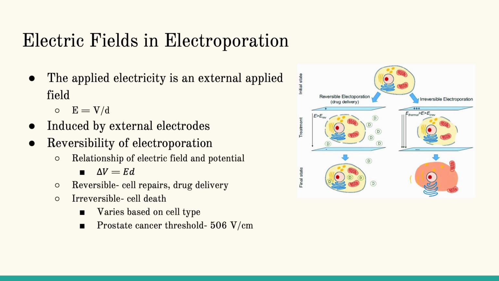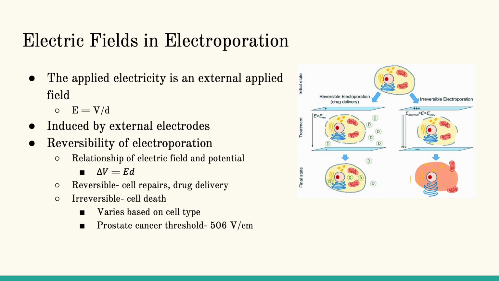In order to perform electroporation on these tumors, the threshold that leads to prostate tumor cell death must be known. Due to the relationship between the electric field and the potential being proportional, reaching this threshold also causes a very high transmembrane potential value. This leads to the permanent formation of pores due to the disruption in the lipid bilayer and cell death. This level varies between different cell types, ranging from 423 volts per centimeter for a porcine liver